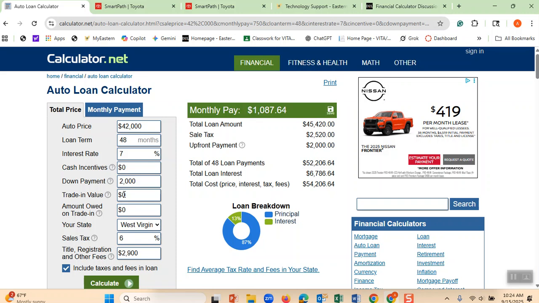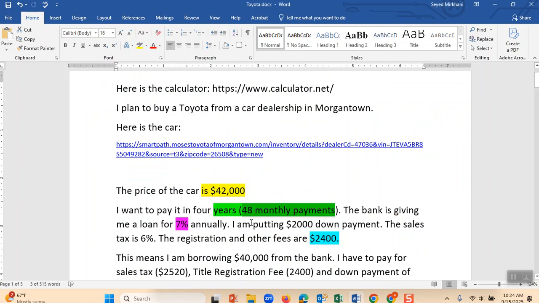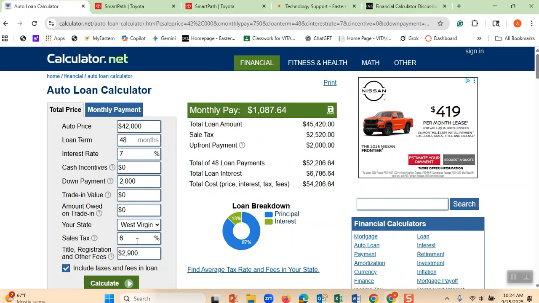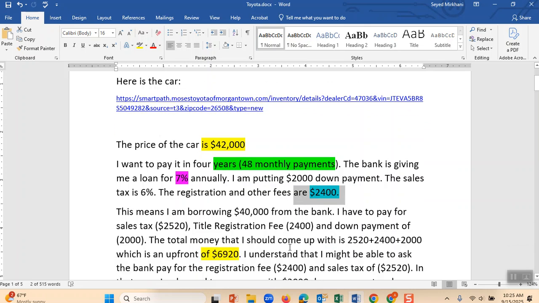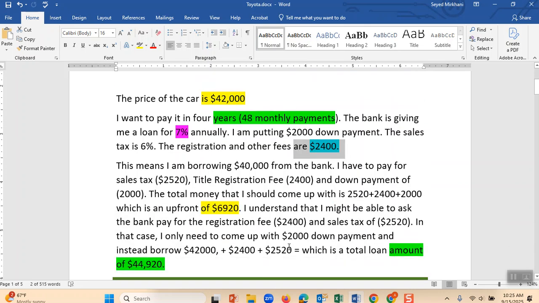If you have a car you want to put as a trade-in, put it there, it doesn't matter. But explain here that I had a car for trade-in. And then I noticed that the taxes are 6%, and where did I get this number? It was right from here, as you see, this 20, I had to put 2,900 for fees and registration. Then I came and said the total loan that I am borrowing is this much, and I put it all in here. Put in the total loan I am getting, and the total amount, and the amount of financing,